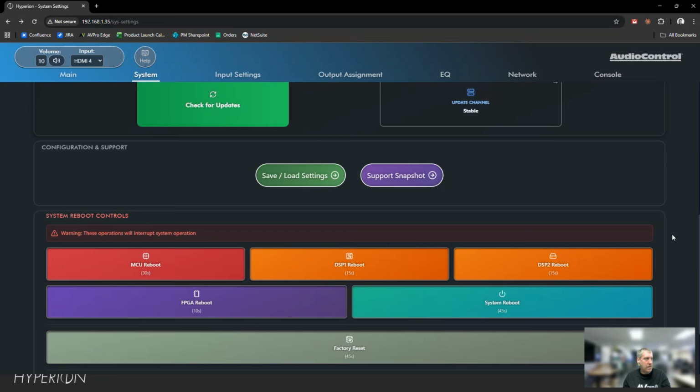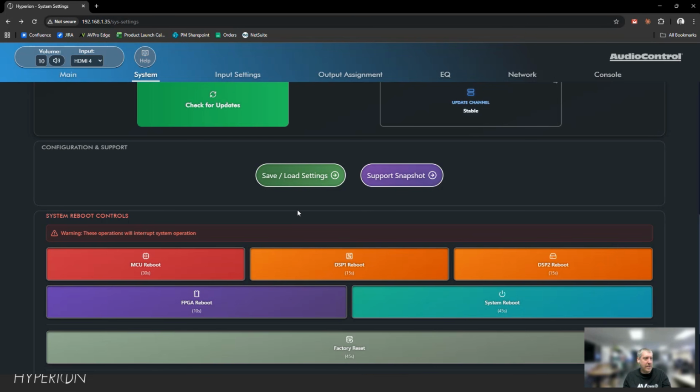So let's see here. You can save and load settings. Let's say you're an installer and you have an entire configuration that you'd like to start with. You can upload that, and the unit is mostly configured for whatever system you're actually doing, as opposed to having to do everything from scratch. Or if you have two APRs in the same house, you want to set them up the exact same way, you only need to do one, and then you can